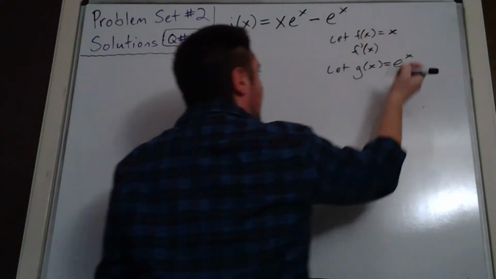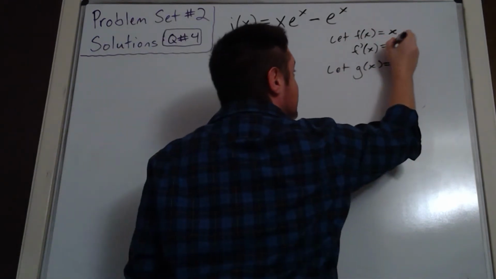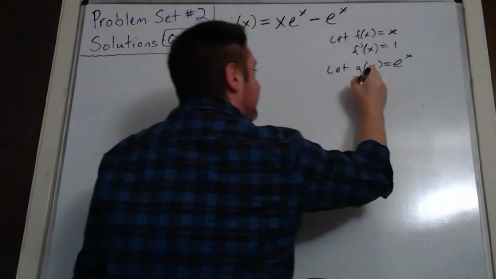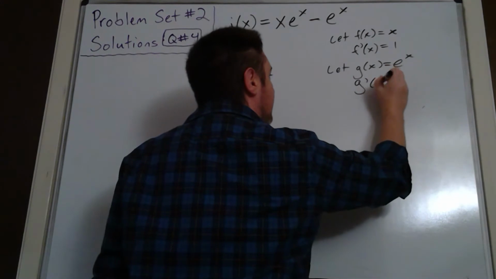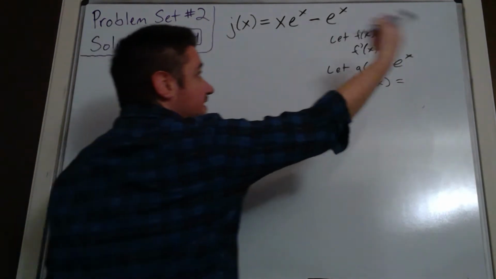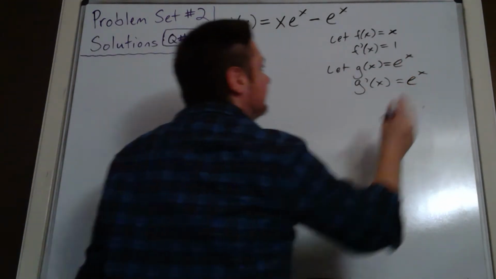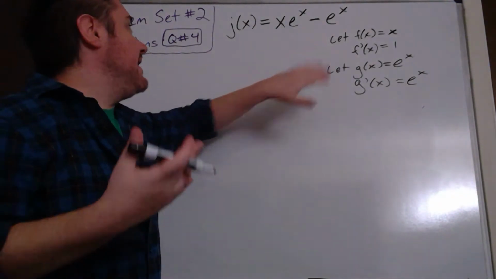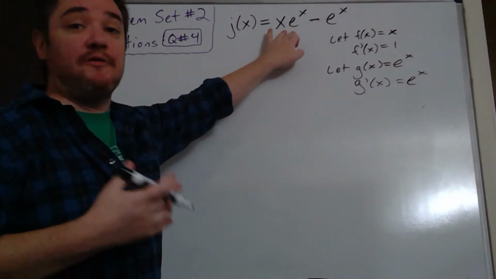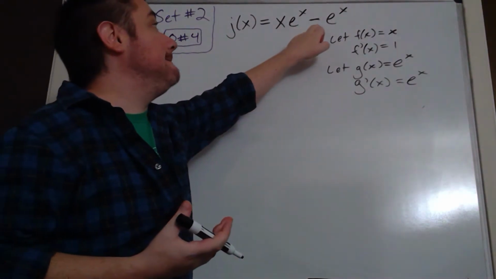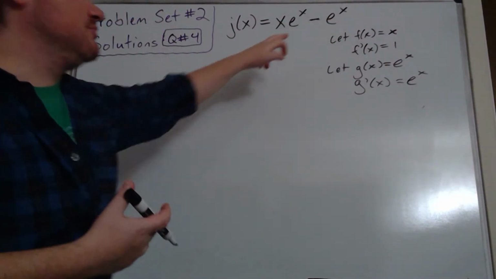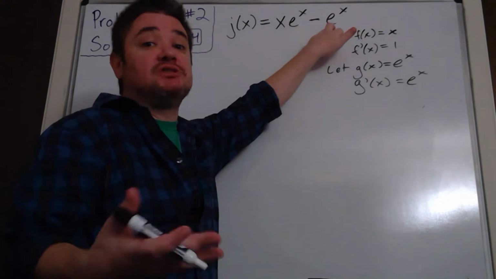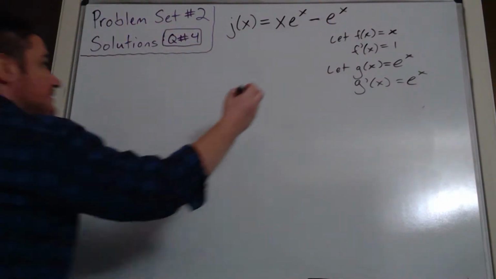So then f prime of x is just going to be 1. And here I've got g prime, the derivative of e to the x, which is itself. Okay. And so those 4 pieces are sort of my building blocks for the product rule over here. And then I've got just the subtract the derivative of this e to the x, which is just going to be itself. All right. So let's get going. So I've got my pieces